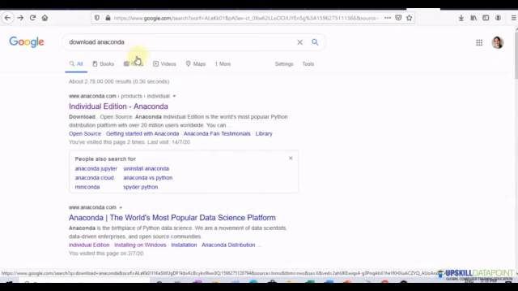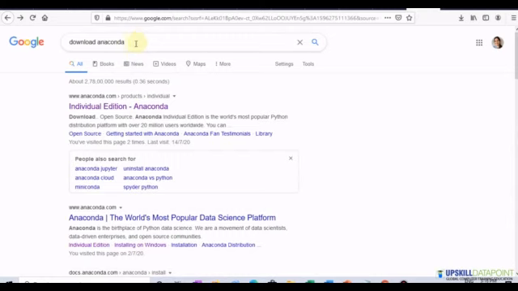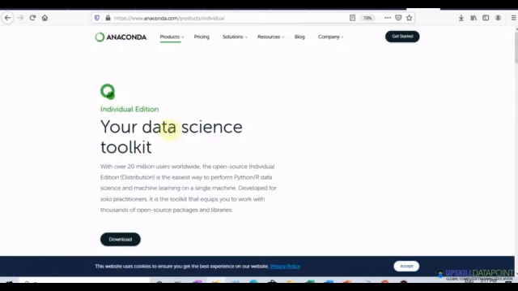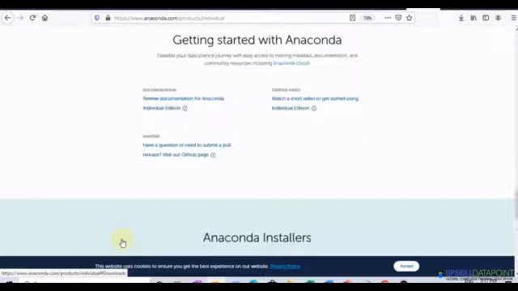To install Anaconda, we can go to Google and type "download Anaconda", and you get these options. I'll select the first option which comes up, which is from the anaconda.com site. I'll click on this, and here I'm seeing it's an individual edition, so I can select this and click on download.